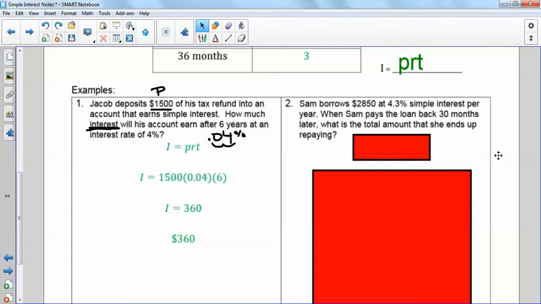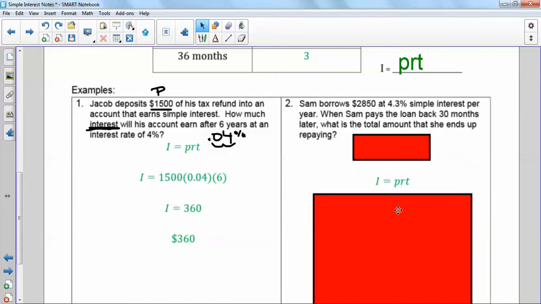Okay, so second question. Sam borrows $2,850 at 4.3% simple interest per year. When Sam pays back the loan 30 months later, what is the total amount that she ends up repaying? Okay, so here we're going to write our formula again. We know our P is the original amount or the principal, so that is $2,850. Our rate is the 4.3%, so we're going to move it twice. So 1, 2,